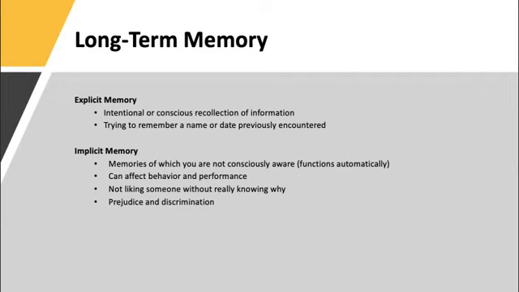Behaviors that you may engage in automatically or without thinking also fall under implicit memory. So things like jumping out of the way of a car that's coming towards you, especially if it's coming very quickly, you don't take a lot of time to think, right? Typically, you're not going to stand there and think, oh, should I go to the left? Should I go to the right? Should I jump up?